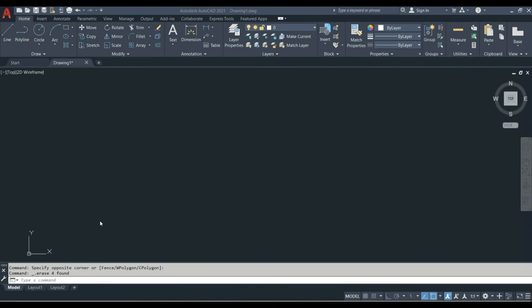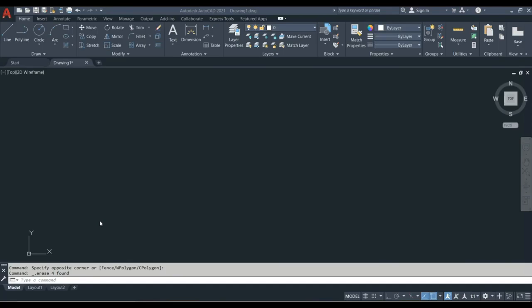So in this tutorial, we'll be exploring two very important commands in AutoCAD: line and polyline. Basically, line is very much clear from what it says. It is used to draw lines in AutoCAD. And what is a polyline? Polyline is basically a group of lines that are joined together and they function as a single object. So let's learn how we can make these lines and what the properties of these objects are.